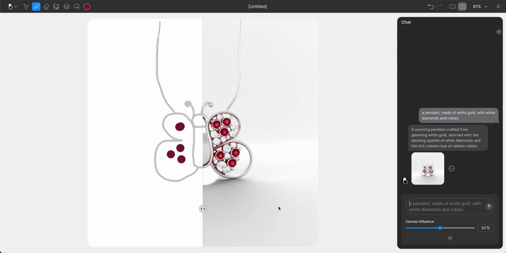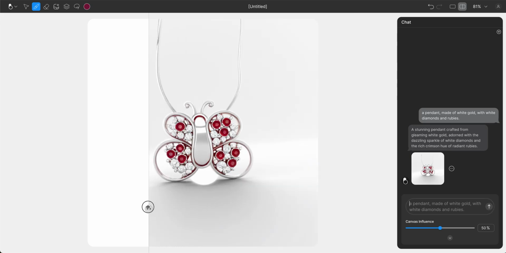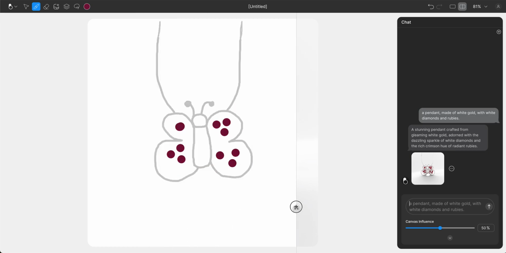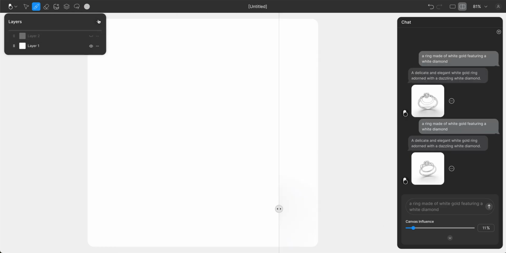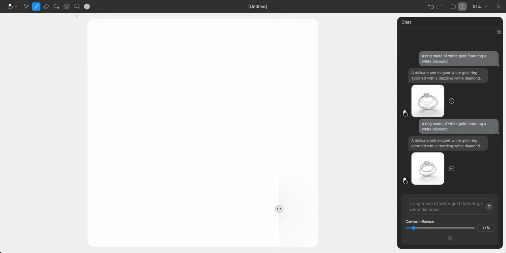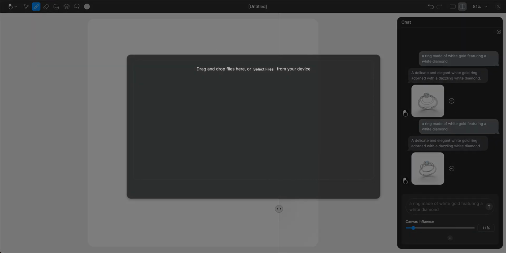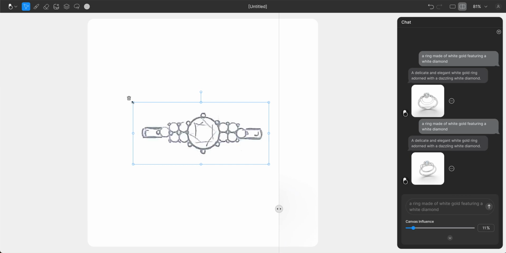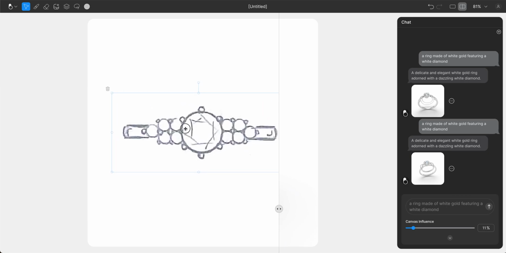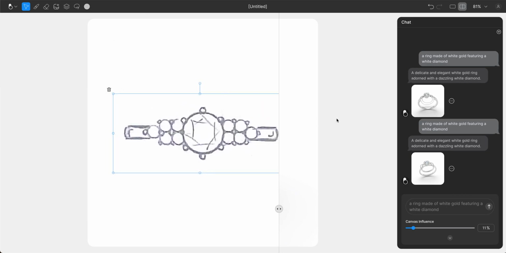Oh, fantastic. Cool. That is the pendant. Okay, add myself a layer and then get a really good sketch instead. Let me put this one back. Okay, let's say that was my sketch. I'm gonna place it nicely, make it a little bit bigger. Perfect. So that's the new image